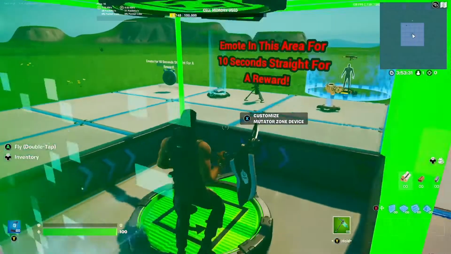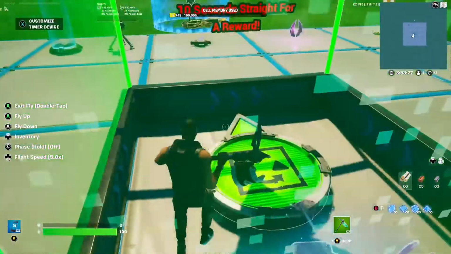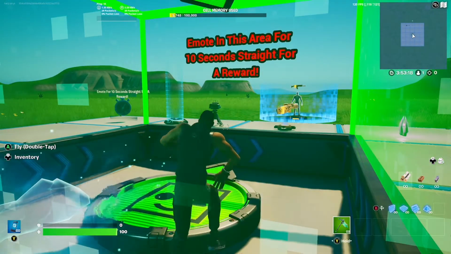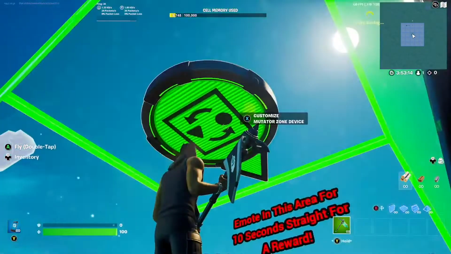So on player starts emoting, that's on channel 1, and then we're going to set up a timer that's going to start from channel 1. So basically the mechanic is the default dance. This is the only emote you get by default, and it doesn't last for 10 seconds. So basically you'd have to purchase a different